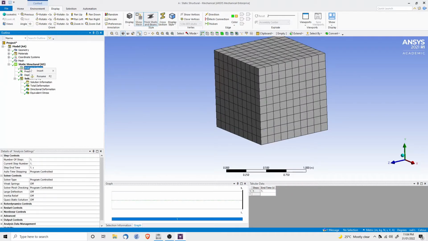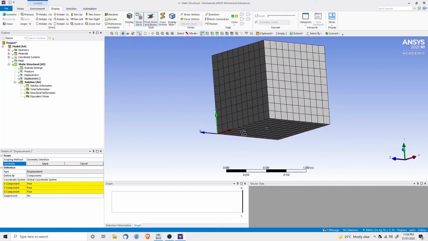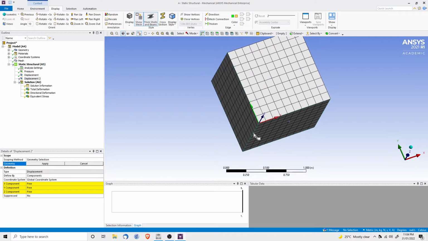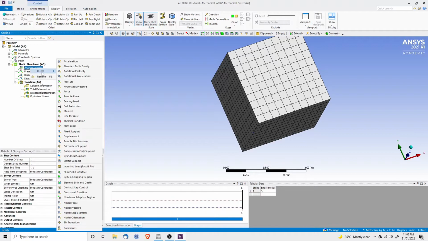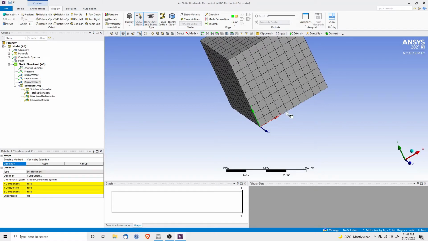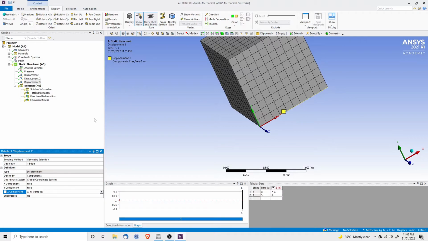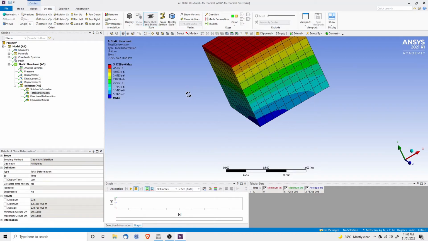Now let's go in and insert another displacement type constraint, and in this scenario let's just select the edge and give it a displacement of 0. Add another one and let's give it a displacement of Z 0. After this is done, let's right click on solve, and then again let's go in,